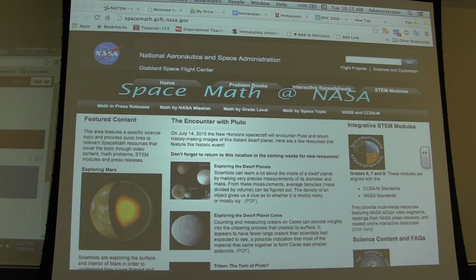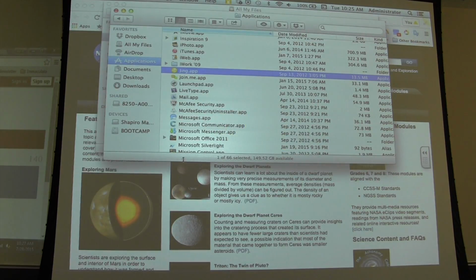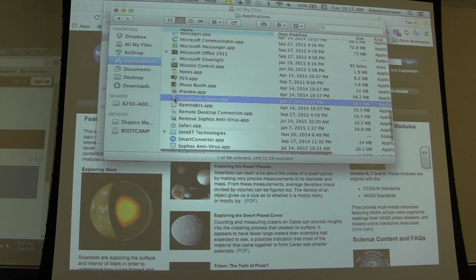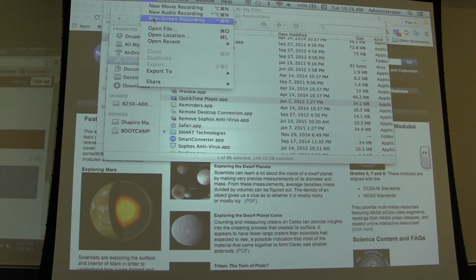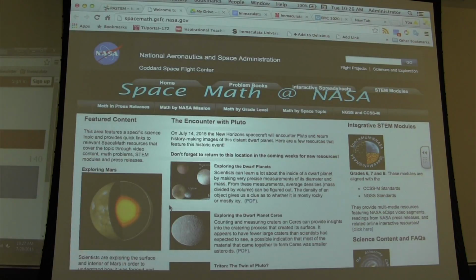On the Mac version, if I go into QuickTime, here's my QuickTime application, it says QuickTime Player app. I've yet to try it on the Windows side, to see if it will work. But now I'm in QuickTime, all I need to do is do a new screen recording in QuickTime. It's thinking about it, spinning. If you have a Mac, you're used to that ball spinning around. There it is. So you will get a little recording button. You can see it's picking up my voice as I talk. And if I hit record,